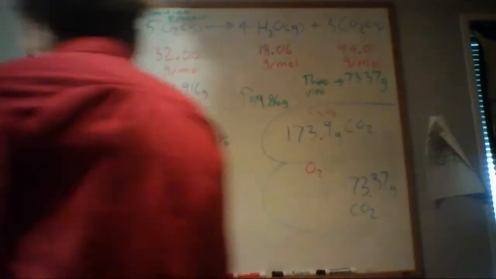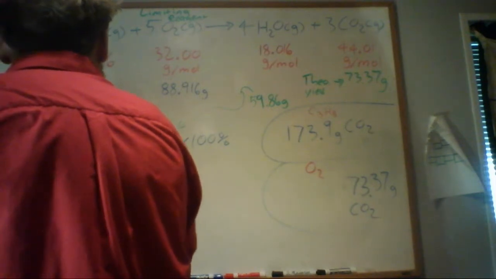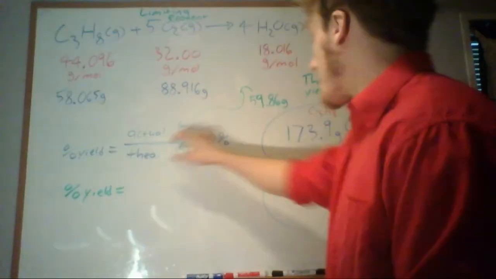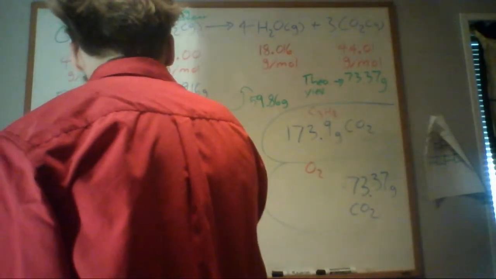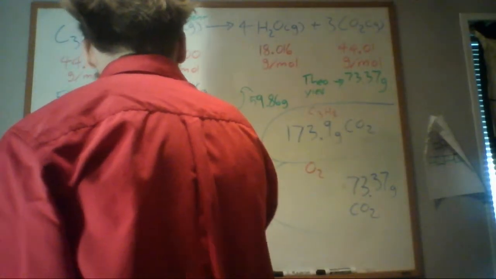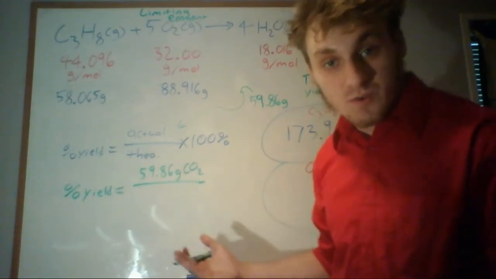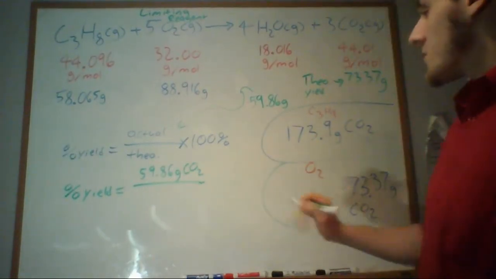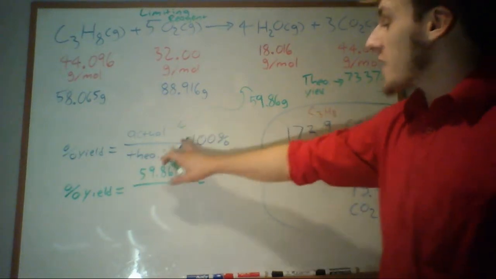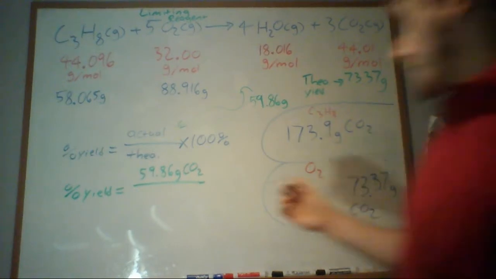Well, percent yield will equal our actual yield, which is this 59.86 grams of CO2. This is how much CO2 we actually produced. So it's going to be 59.86 grams of CO2, our actual yield, divided by our theoretical yield of 73.37 grams